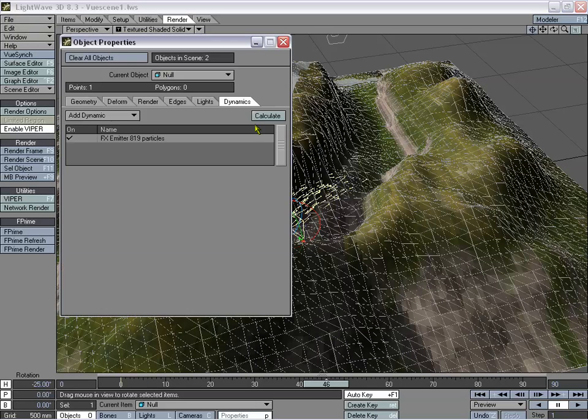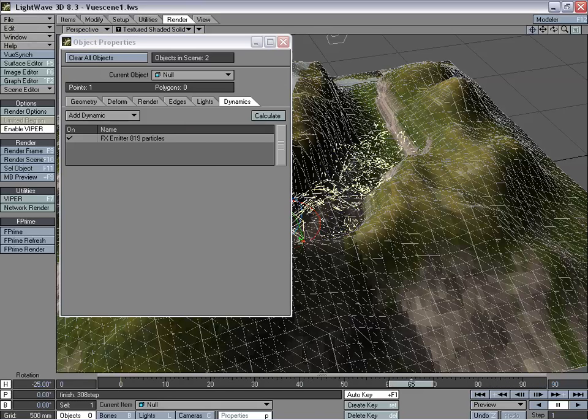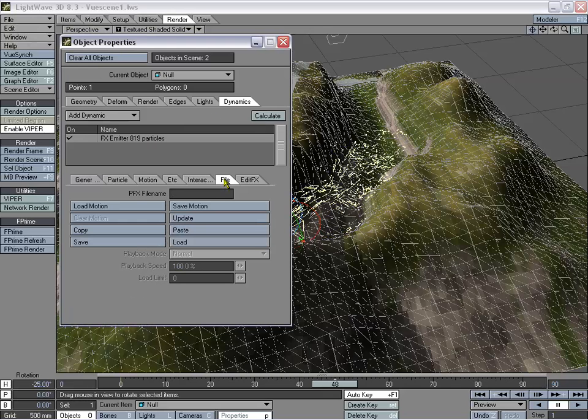So if we go back to our objects panel, we can recalculate these particles, and then what we're actually going to do is go ahead and save the motion file, and then run this particle system off of the motion file and not from any of the settings. So you want to make sure when you do that you have the right particle motion set. Otherwise, you're going to have to go back and make a bunch of changes, and it's going to be a little more difficult. Alright, so we're going to go back to our emitter, and we're going to go to File,